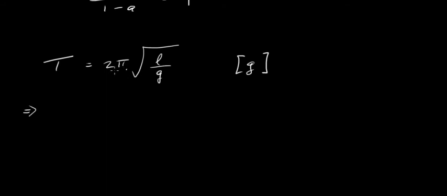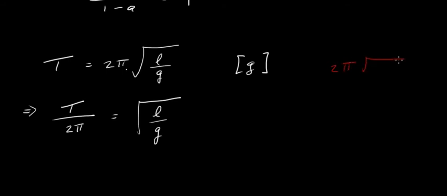So this 2 pi here is multiplied by this here, so what we're going to do is divide both sides by 2 pi. So on the left hand side I'll end up with t divided by 2 pi. On the right hand side all of this will be divided by 2 pi, so we'll just get 1. So that will just give me the square root of L over G. So on the right hand side all I really did here was 2 pi times the square root of L over G divided by 2 pi. So that will divide by that, and I just end up with this part here. Okay, so now